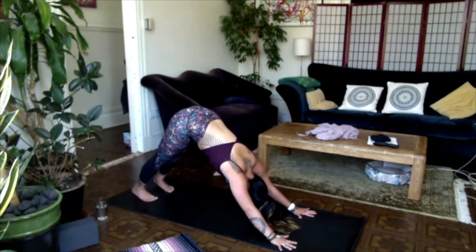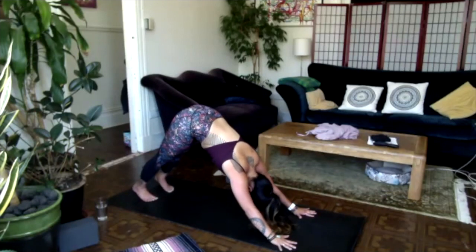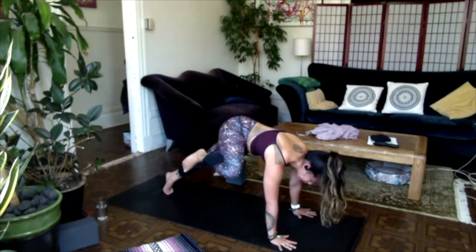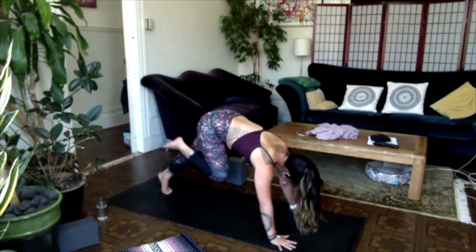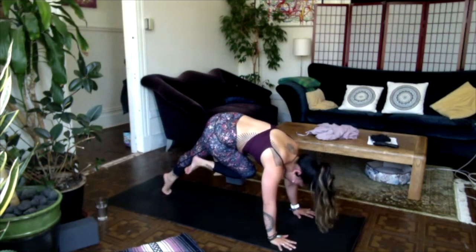Deep inhale, breath. Smooth exhale, breath. Awesome, inhale, right leg up. And then exhale, track your right knee over towards your right shoulder. Inhale, right leg up. Then exhale, track it over towards your left shoulder. From here, I want you to hold this, lift your knee up a little higher towards your armpit, round through